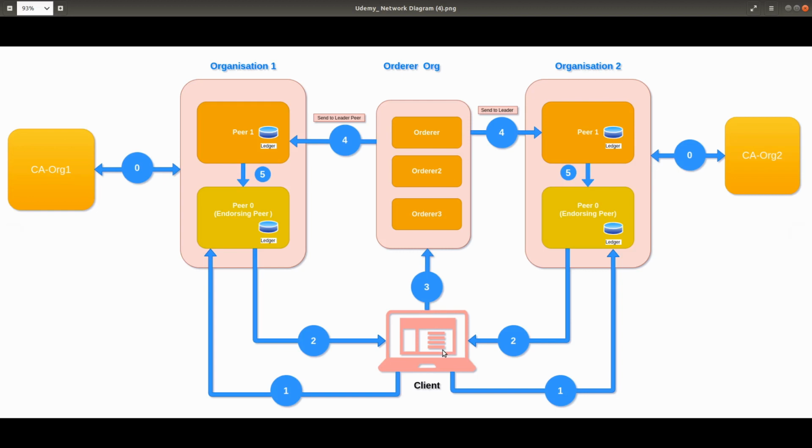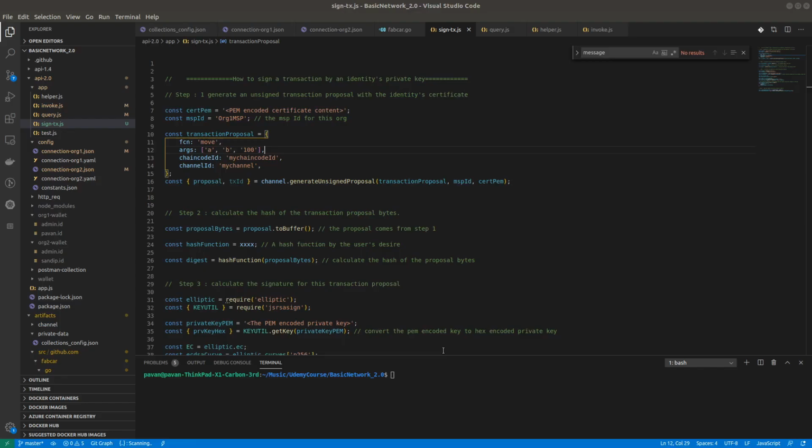The certificate process we have seen is almost the same, but we will see it in VS Code right now. Here is what generally happens when a client creates a proposal. Let's assume that at this line, this is the certificate of the user who is signing the proposal.